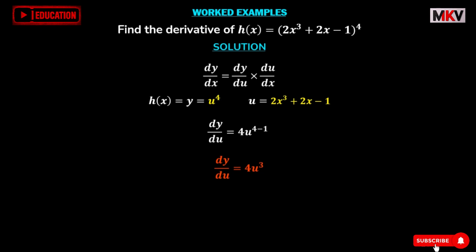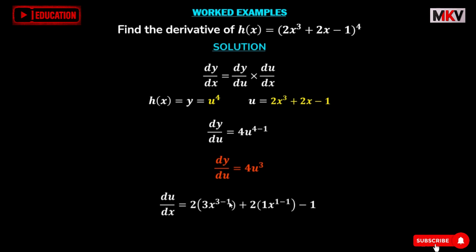Having dy/du to be equal to 4u cubed. Now we look at u with respect to x. We find du/dx. So the first term, which is 2x cubed, we bring the 2 in front. Then the exponent becomes the coefficient. We subtract 1 from it, which gives us 2 into 3x to the power 3